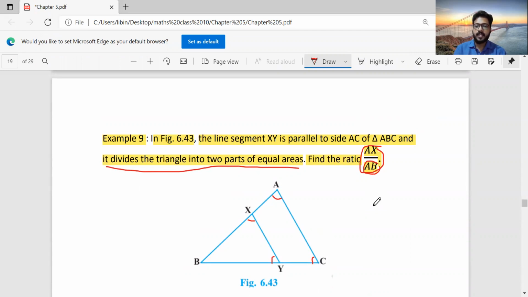And you can make use of it when it is given to you to find the ratio, such kind of questions. How to identify where to use this theorem? You can make use of it when the question says find the ratio, or regarding, or any question saying the areas of two similar triangles. Look for such kind of wordings. See here also we have seen two parts of equal areas. Keep that point in your mind.